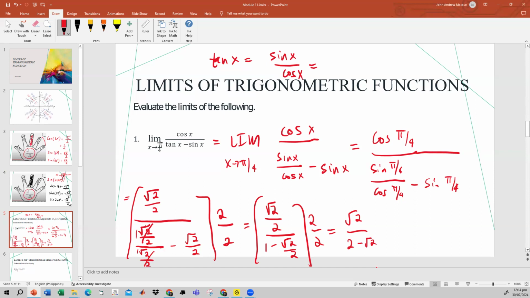But again, if you are seeing a square root sign on the denominator, you can actually get the conjugate of it, no? Based on the conjugate, if you have a plus b times a minus b, then this is just equal to a squared minus b squared. So in that case, we will now multiply the numerator and the denominator by the conjugate. So that's 2. We'll just get the denominator, but we'll take the opposite sign. So this will become like this.